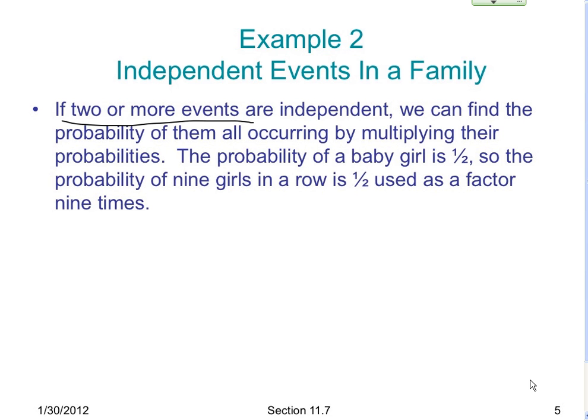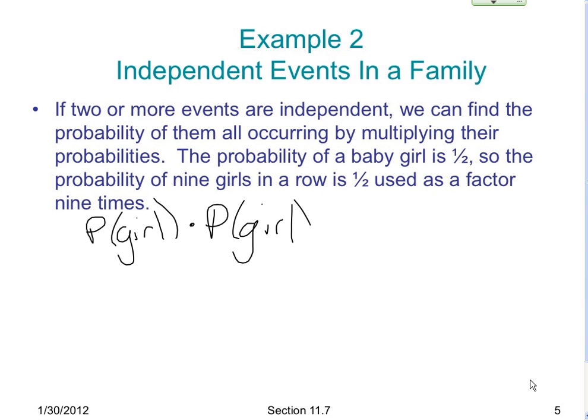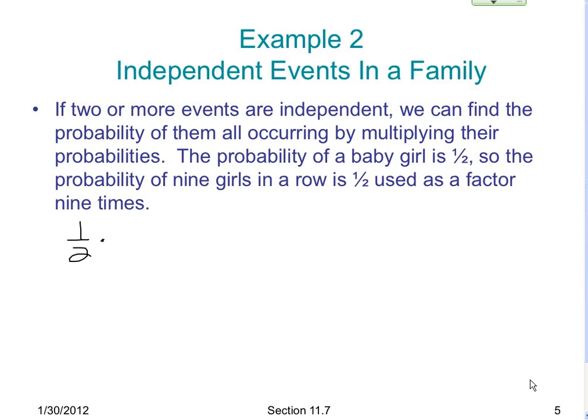If we have more than 2 events and they are independent, we just keep multiplying the probabilities. So the probability of a baby girl is 1/2. We want to find the probability of 9 girls in a row. So the probability of a baby girl times the probability of a baby girl times the probability of a baby girl, times, we would do that for all 9 babies. So 1/2, that would be the first baby. Second, third,